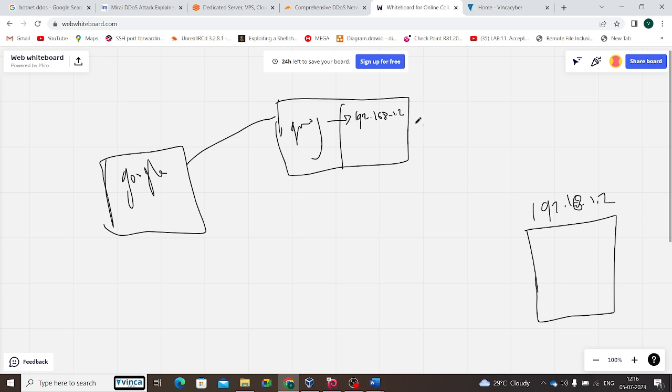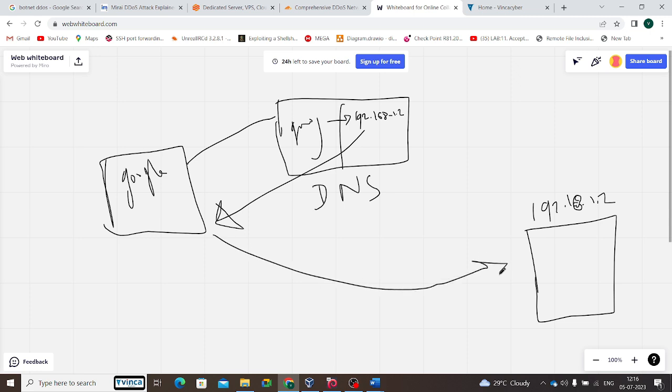So what happened here? The DNS server will send the user back a response with the IP address. Now the visitor, the normal person having the IP address of google.com, will directly send the request to the actual server. That is the normal thing happening with a DNS server. So a normal user knows the IP address of your server.